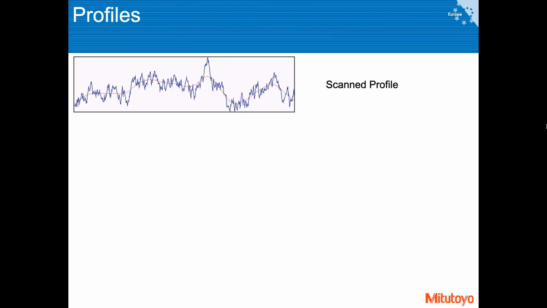So in reality it looks like this. If this is your scanned profile which you measured by using one of those profilometers,